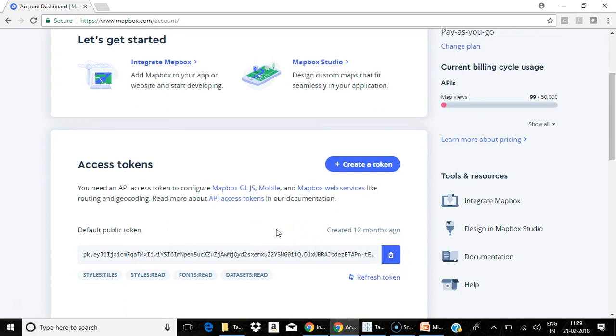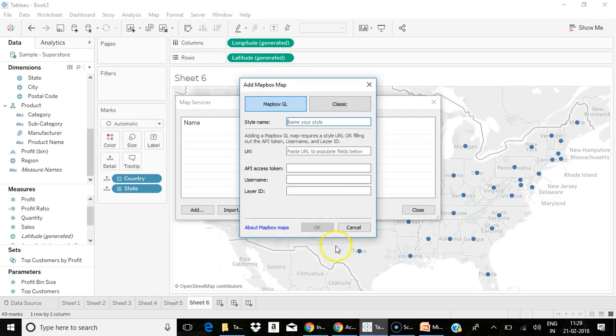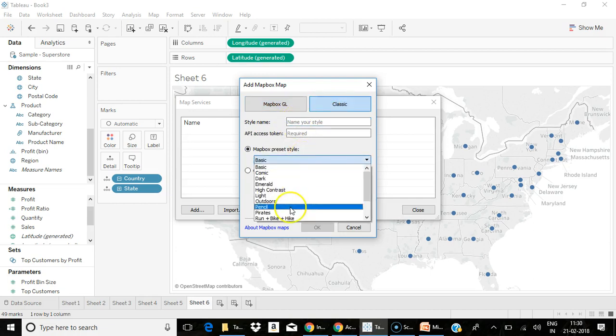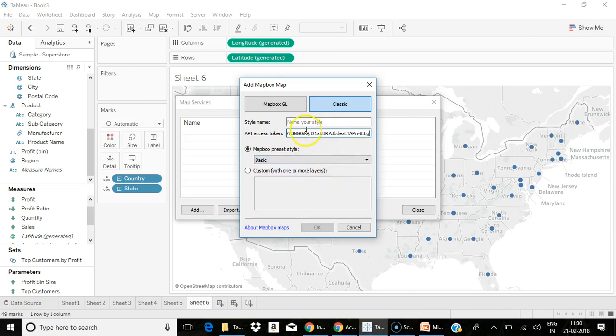If you have a very specific requirement, you can use your Mapbox and buy the corresponding maps from Mapbox. In that case, you can use it on Mapbox GL. They will give you the corresponding URL, access token, everything when you purchase the maps. Else you go for the classic, where you have some preset maps available for free. For that, you just need to create your Mapbox account, take your default access token, and use it.